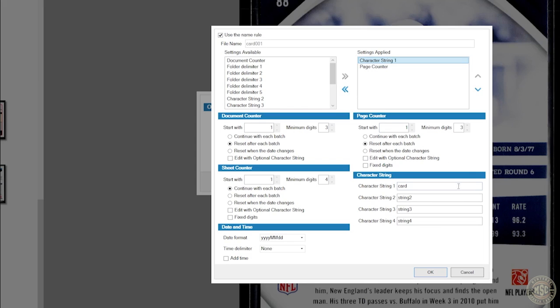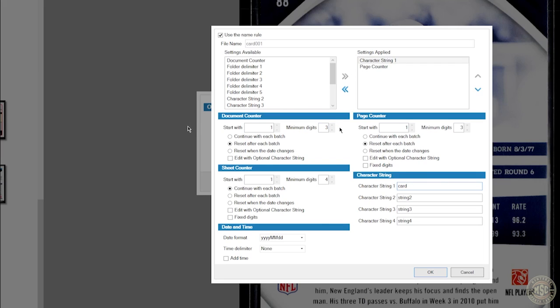And what I do is I've changed, if this is the first time you're in this menu, yours most likely says image right here. And I've gone in and changed it to say card, just arbitrarily, right? It doesn't mean anything. You can have it say anything you'd like, but I've changed it to say card. And then because I don't really need to scan more than 999 cards at a time, or that's my comfort level, I've reduced the minimum digits here on both sides to 3 from 4, right? So yours might say 4 at this point, but you can lower it to 3 or 2 or whatever your